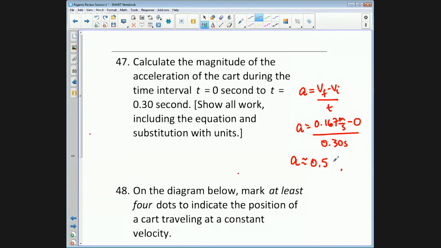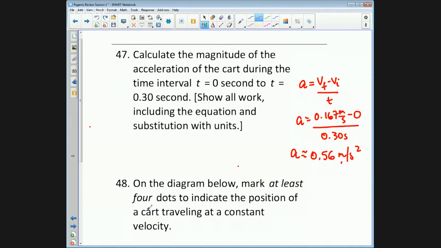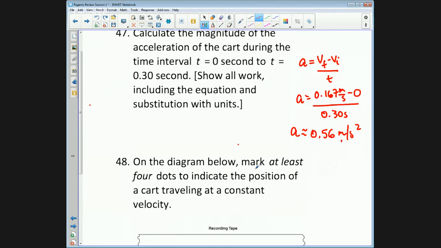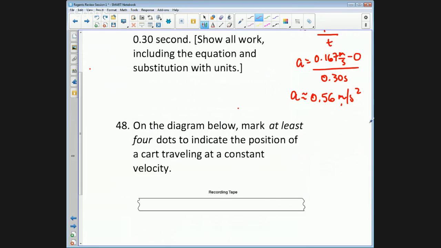Resuming. Acceleration is going to be approximately 0.56 meters per second squared. So something I just want to clear up is that I just estimated my values. You'd actually have to measure it yourself to figure this out. So number 48